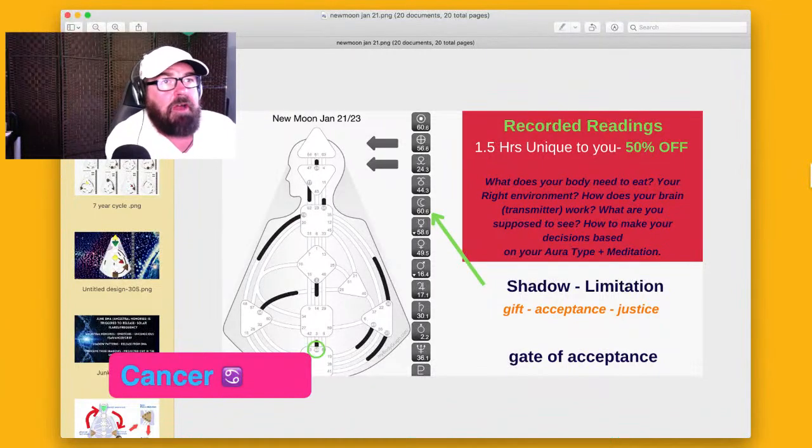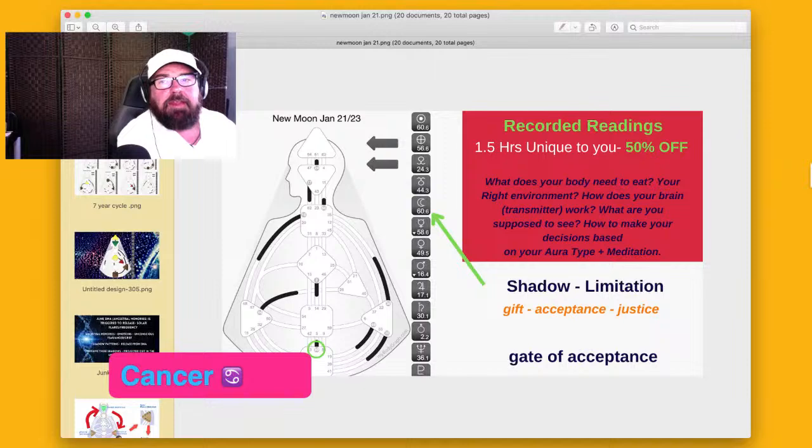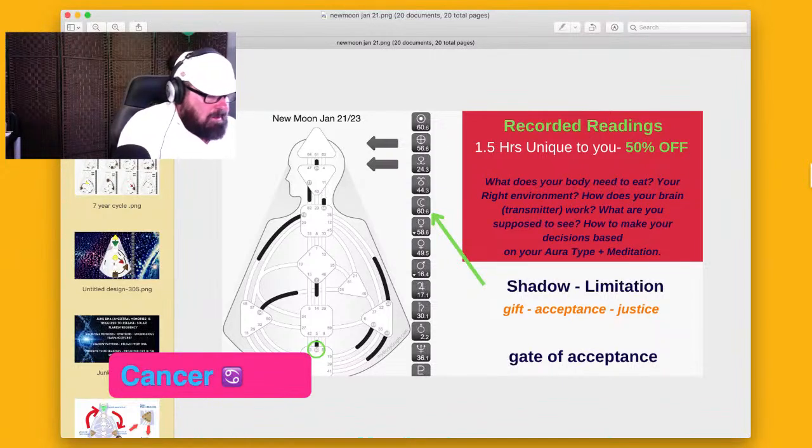So if you just hopped on Cancer, rising, sun or moon, go to the beginning to learn more about the shadow pattern. Okay. And it's a very mutative new moon for you, Cancer. So feeling limited, the 7th house is all about the other. That could be your partner, your marriage partner, or anyone you have a contract with, anybody, the other. There's you, and then the 7th house is everybody else. Okay. So feeling that limitation.